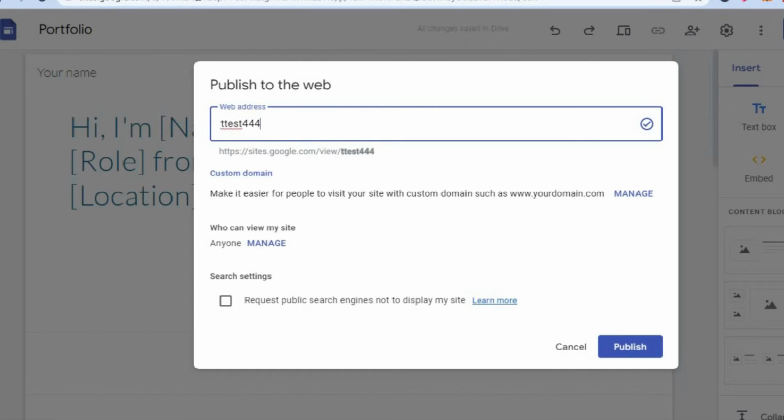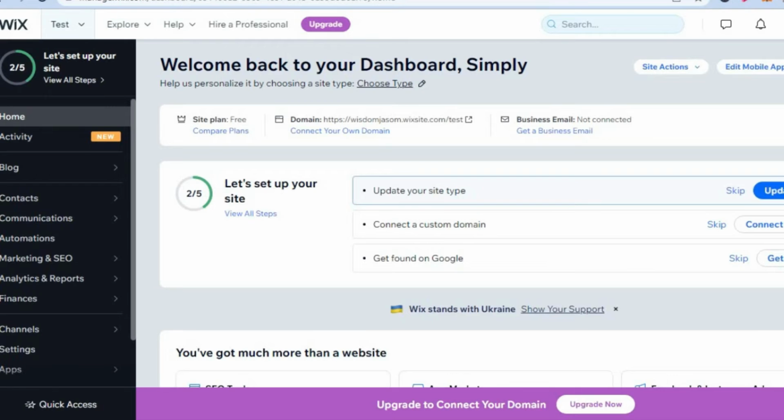The other platform that I would recommend that you also give a try is Wix. All you'll have to do is go onto wix.com, then select the free plan, and it's easy to sign up. All you'll need to do is enter your email address, and that's it. Once you have entered your email address and create a password, you'll be led to this platform right here on